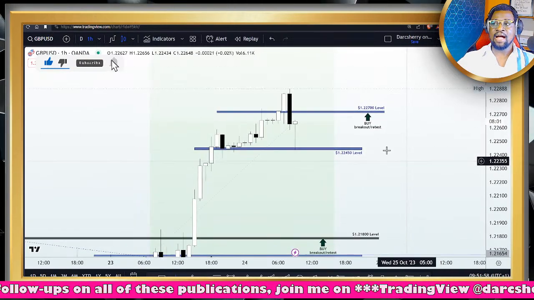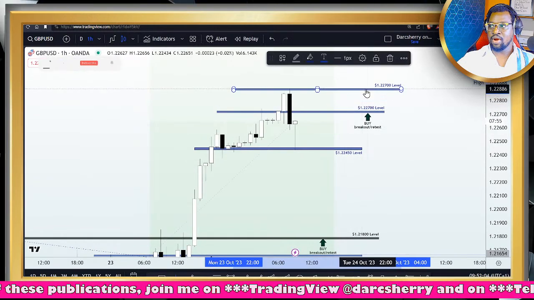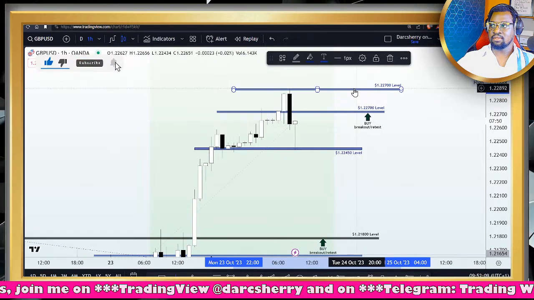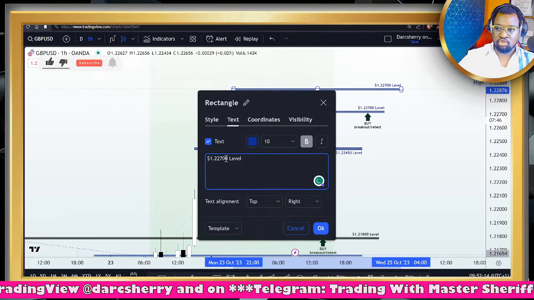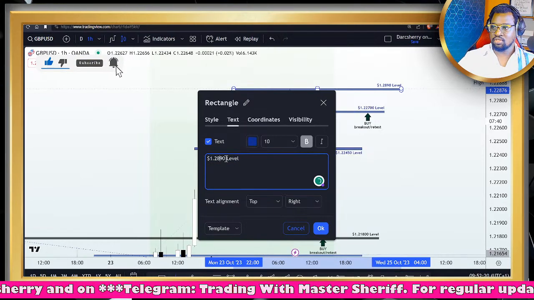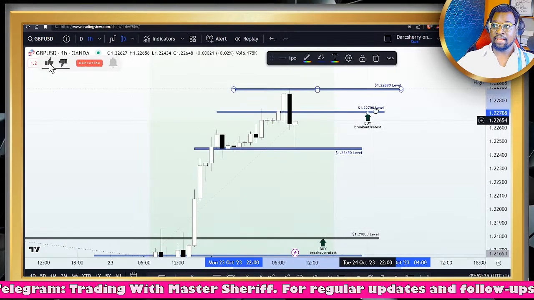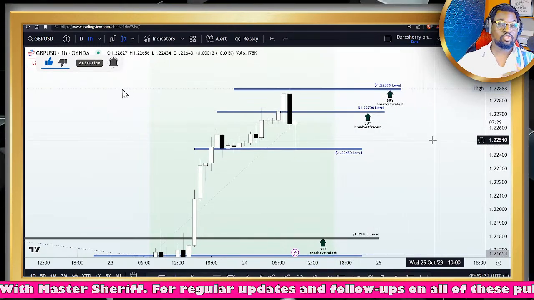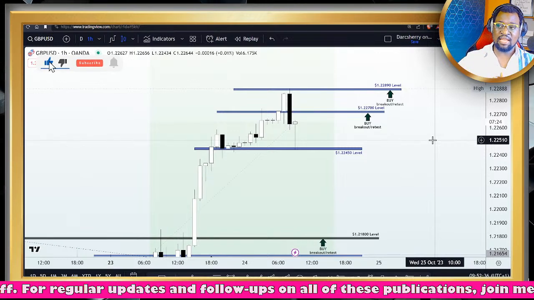Now, we can still add more positions here. The highest point price action has gotten to for this week is around the 1.22890 level. So we want to be marking that level out as well, so that we can milk this move. So we have another level there, which is the highest point price action has been for this week. We want to be adding more positions above that area. So if you're profitable so far, just place a buy stop order above that structure and let's capitalize on that